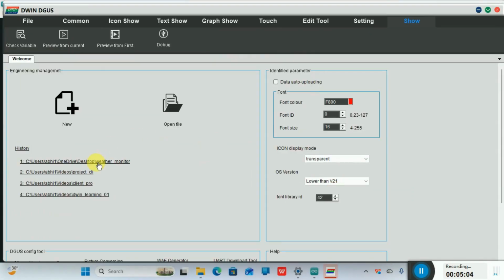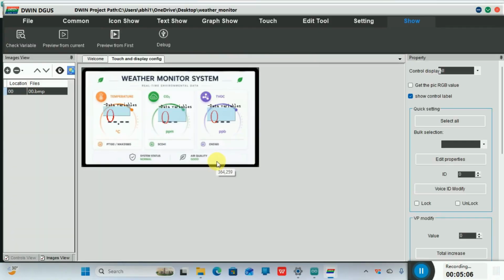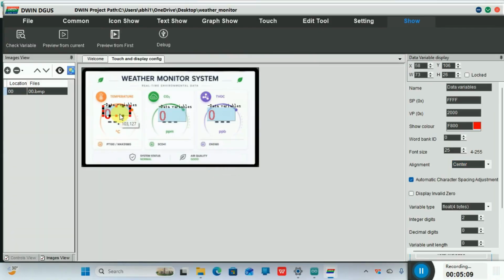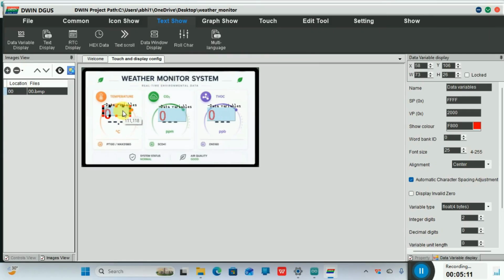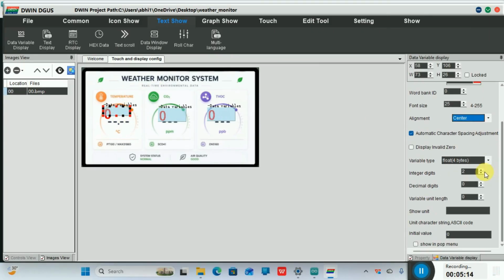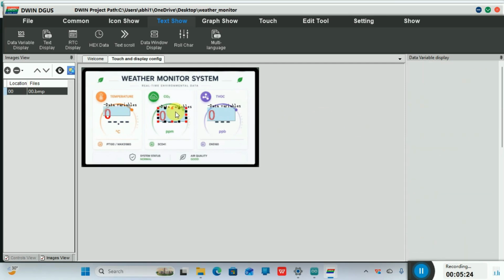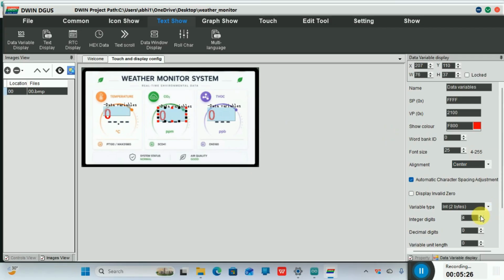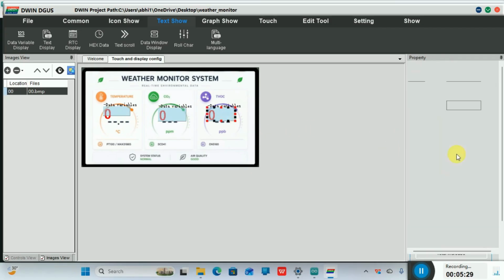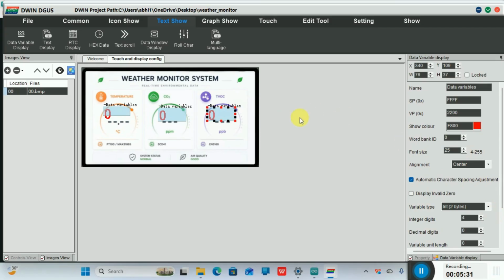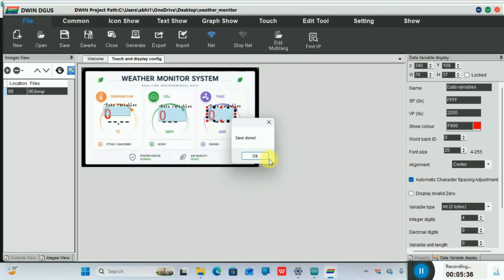We have to open the weather monitor project, and in the temperature data variable, in the integer field we have to choose 3 digits, and in the decimal field we have to choose 2 digits, and in the CO2 value we have to choose 4 digits, and in the TVOC field we have to also choose 4 digits. We have missed this part, and then click on the save button, and again click on the generate button, and